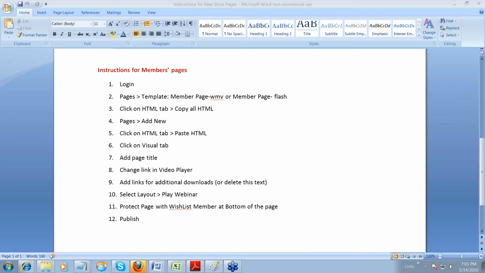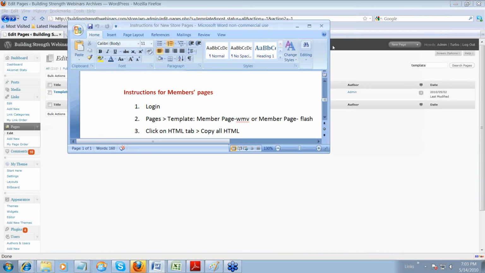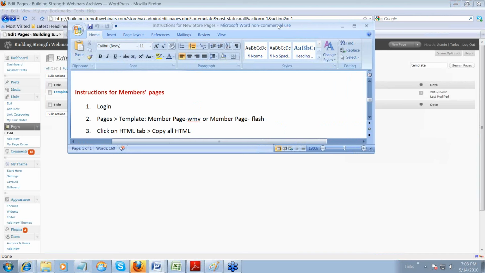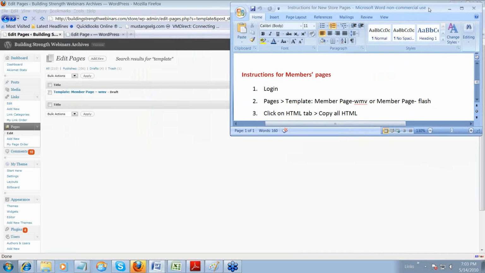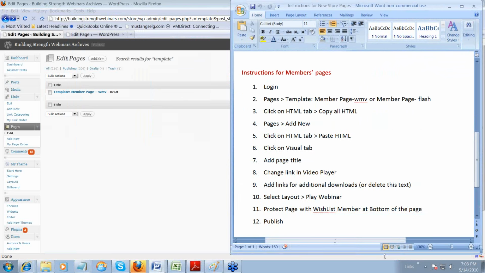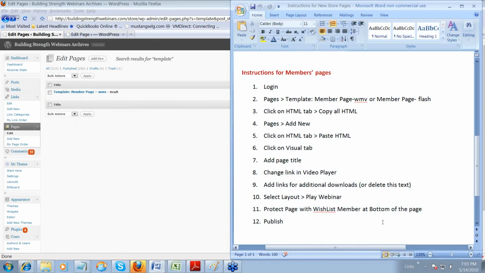Members pages. And this is assuming you're logging into the store part of our website. So let me go ahead and log in there, and let me see if I can do a split screen a little bit. Yeah. It's got a really pretty large monitor, so hopefully it'll capture all of this. All right, so I'm logged into the store part, and the first page you'll want to pull up is, it's